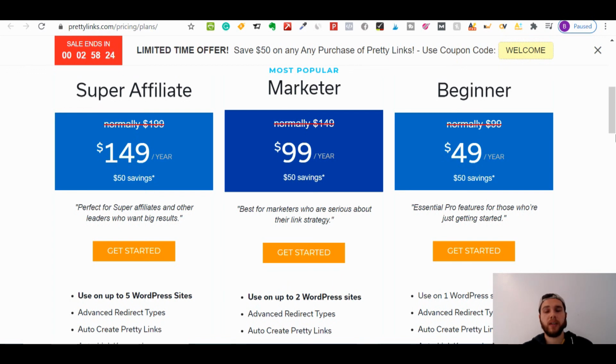Okay, Pretty Links, in our opinion, is the best link cloaking and link shortening tool you can get, especially for WordPress. So 100% try it out, even if it's for a year. I'm not going to guarantee, but I can almost certainly guarantee that you'll continue using Pretty Links